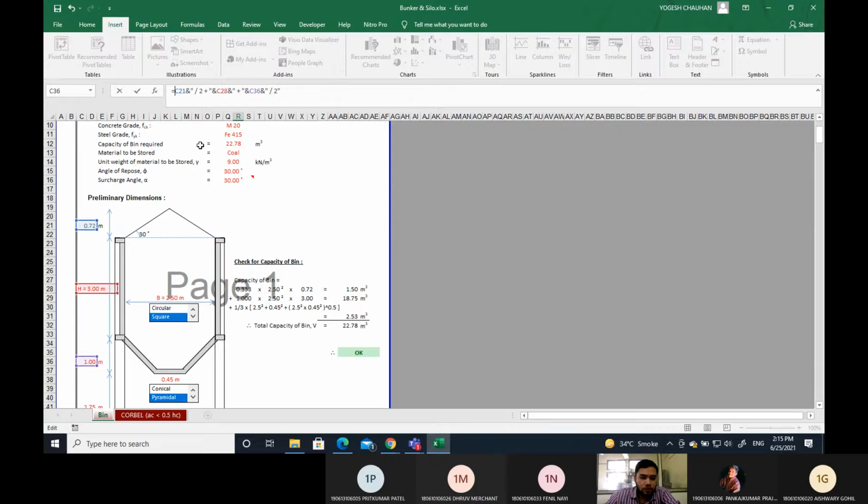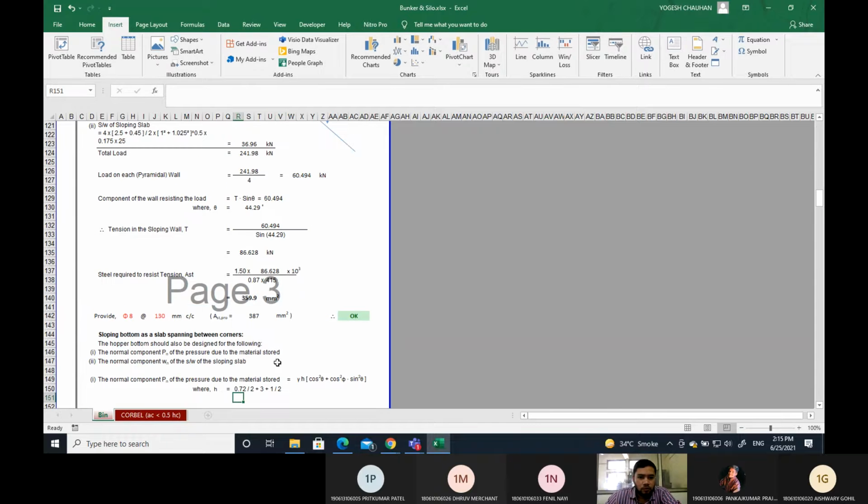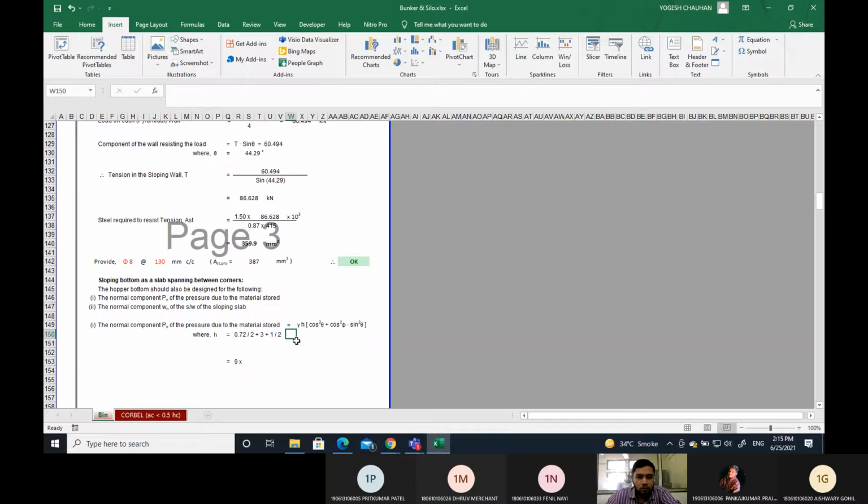Here we have to fix this, because it will be in so many decimals, so you have to fix it to, let us say, 2 decimals. So that would be equal to